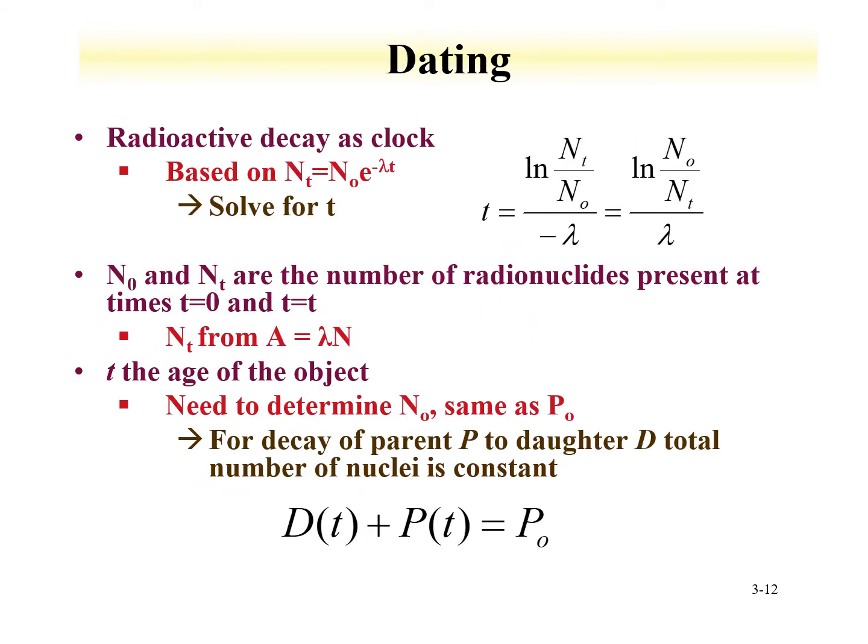So if we have a long-lived isotope that decays to some ground state or stable daughter, or another long-lived daughter, we can use this as a clock to determine the age of something. And the clock is basically from this equation, where the number of atoms at a given time t is equal to the number of initial atoms times e to the minus lambda t. So let's rearrange this equation and solve for t, and the equation becomes what is shown here, where t is equal to the natural log ratio of the initial number of atoms and the number of atoms at time t, divided by the decay constant